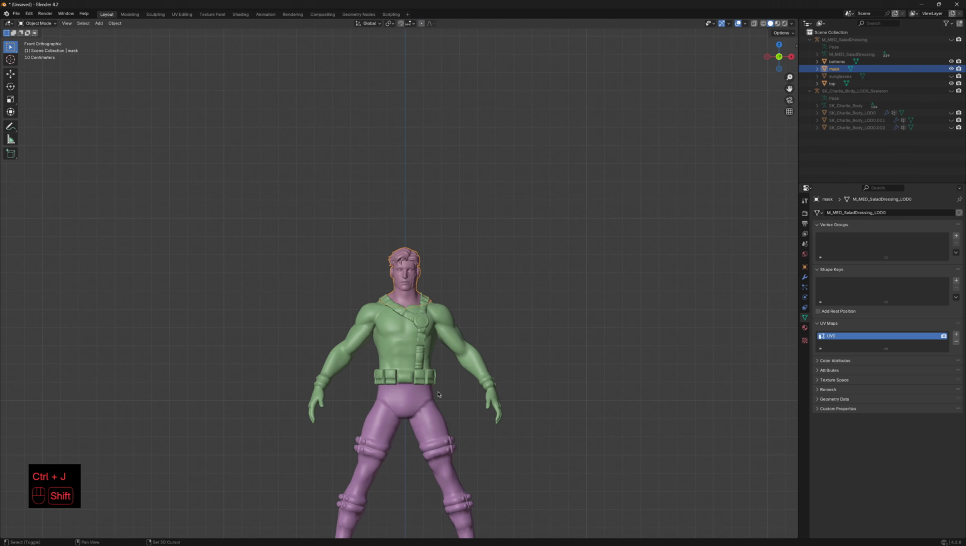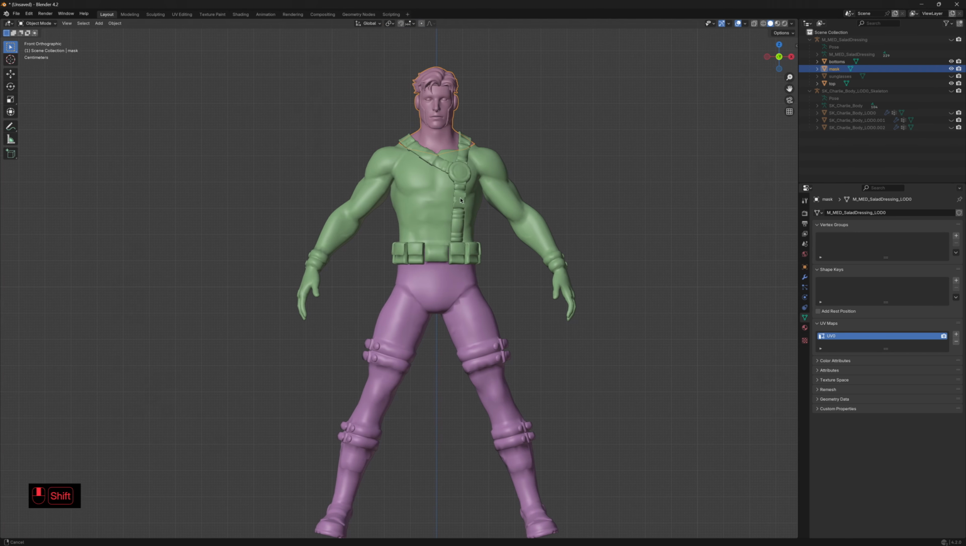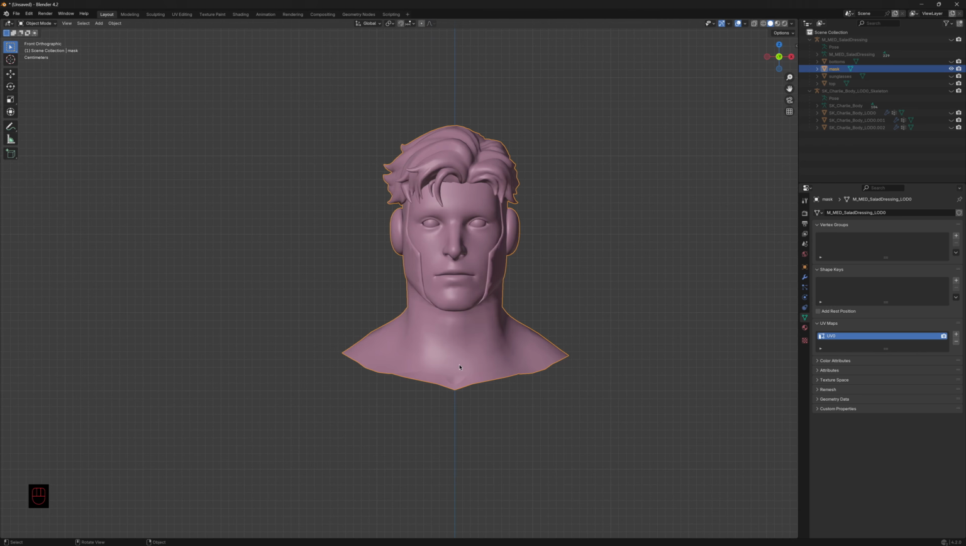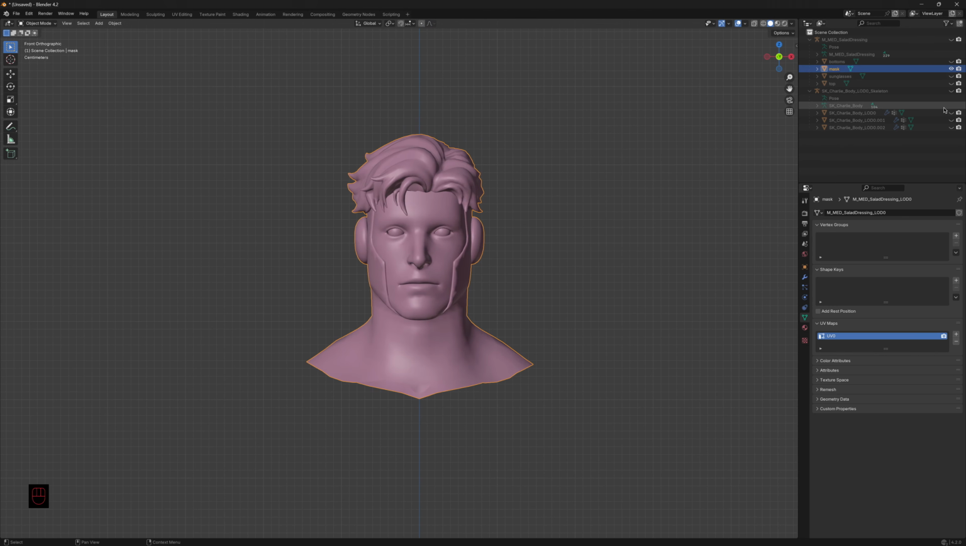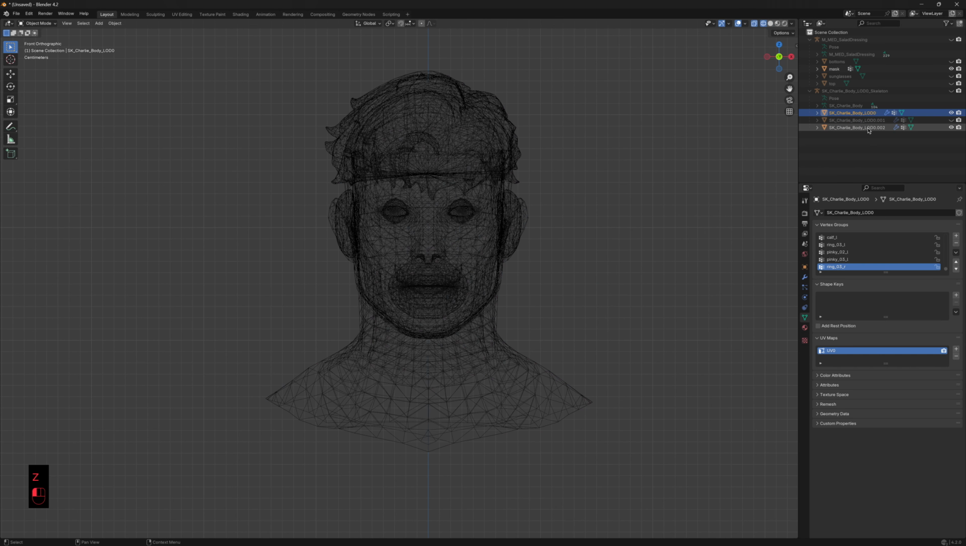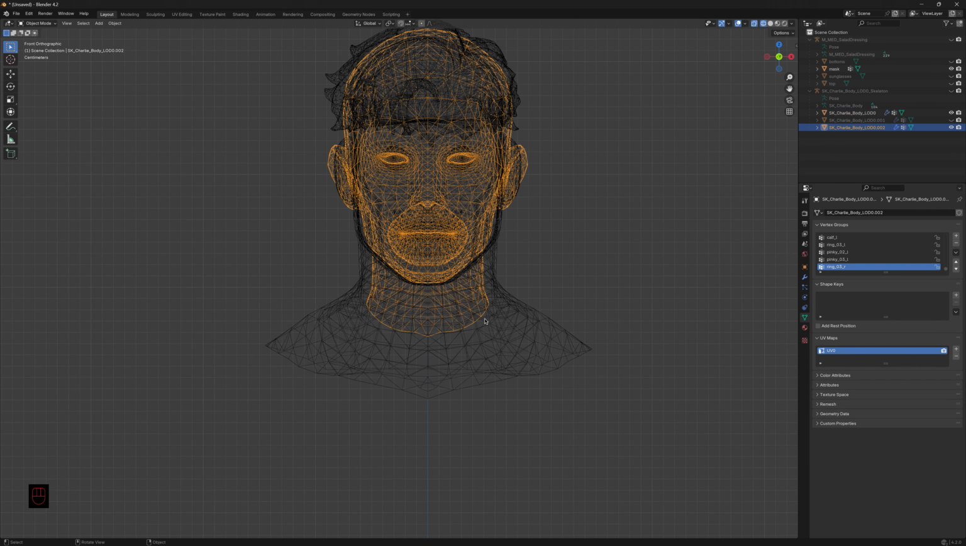Okay, alright, so we're basically all set. We can do the head first, since that's the easiest one, the one with the least amount of weights to deal with. If you look at Charlie's head, you can see that he doesn't have this shoulder area that Cyclops has. So we won't get all the weights that we need, or the correct weights that we need on this part